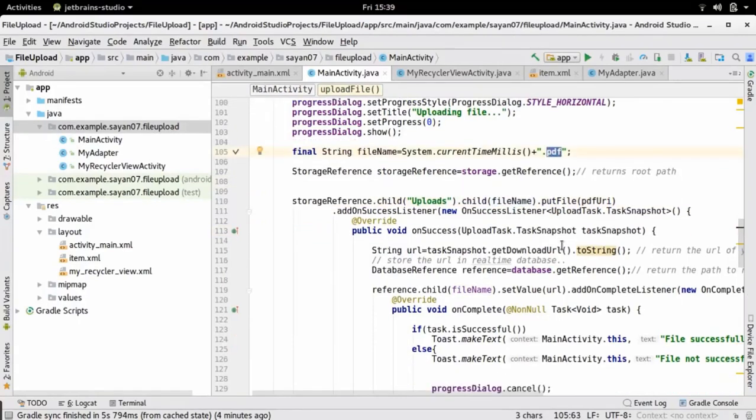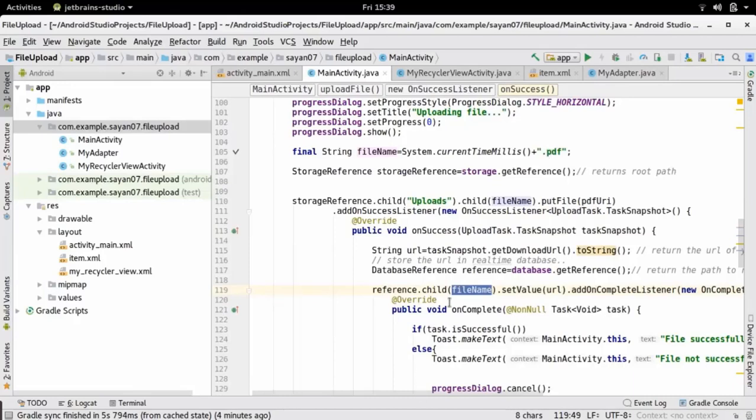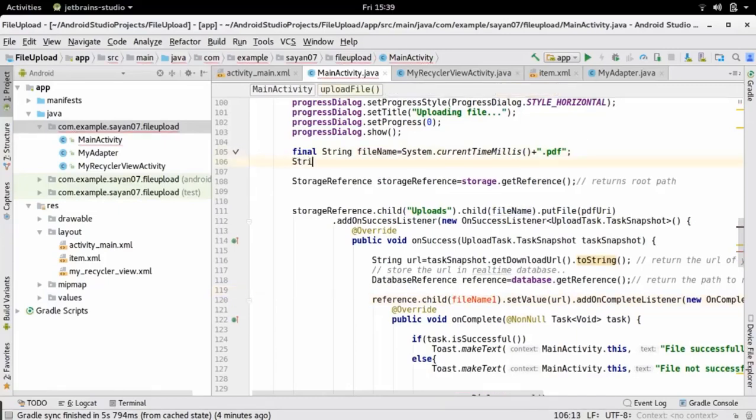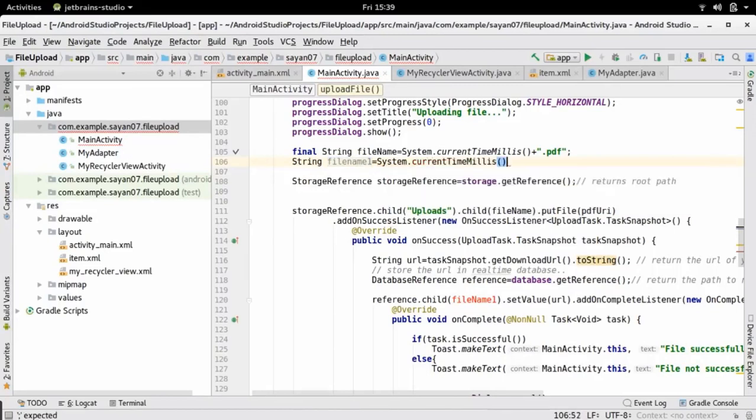Okay, so it's not a huge deal, but within this Firebase database reference, we can't have a name with a dot in the middle. So basically within our real-time database, we cannot name a file as a .pdf. So we need to create another variable. So let it be file name 1, and within this we are just going to write system.current time in millis, just a string, a null string appended.